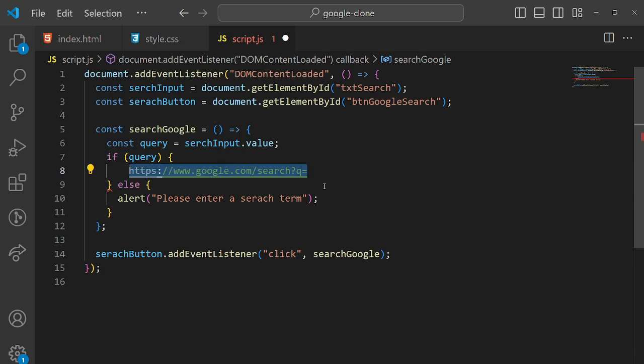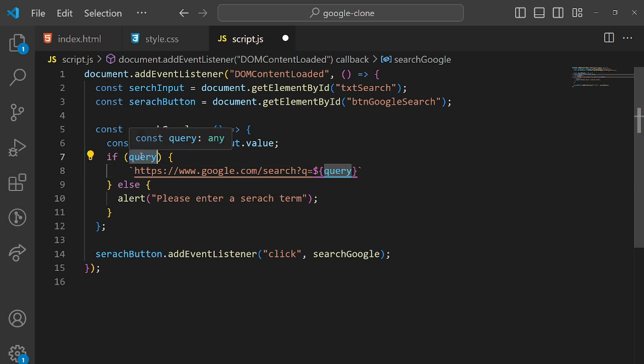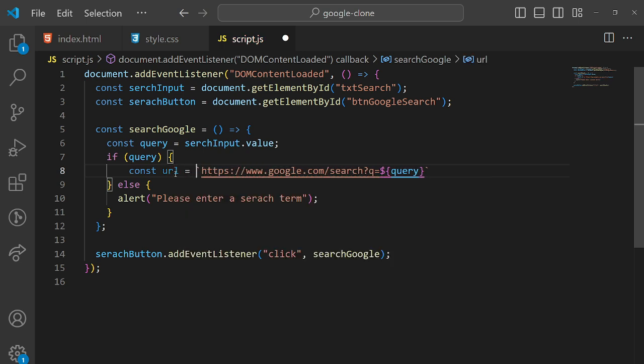So we need to put this URL inside a template literal. So code this one and put this template literal here. So backtick and paste here, and after this equal to dollar curly bracket, and inside that we need to pass this query. So whatever content or search item is coming from the input box, we need to put it here so that Google will be searching for this particular search term. Okay, you can see this is a URL. So what I have to do is create a variable, name it as URL, and you can see this URL variable stores this URL.